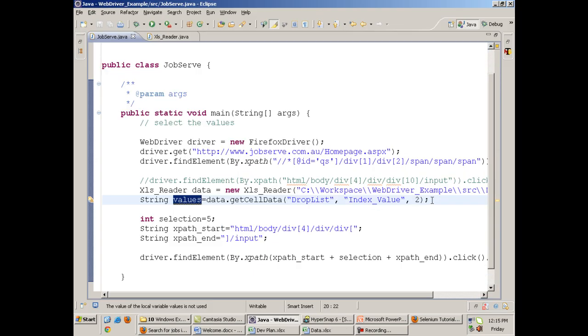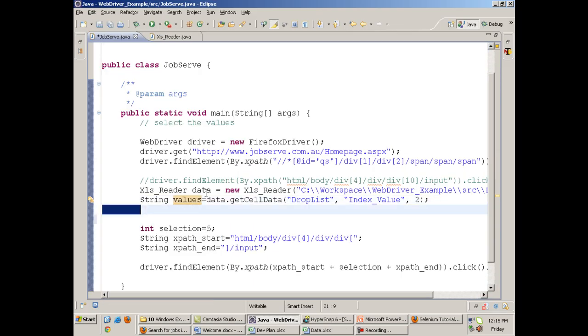I will have to split the value string on the basis of a comma. And what does the split function return? It returns an array. I will name that array as selections.